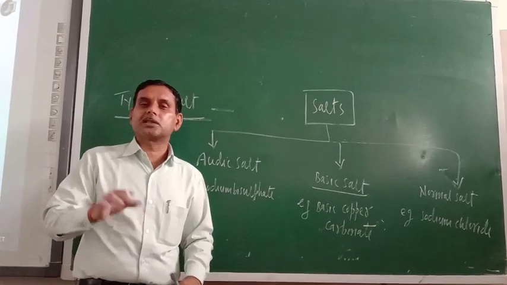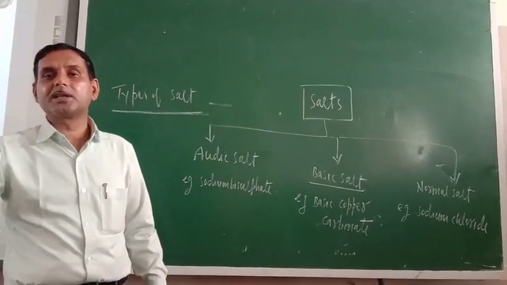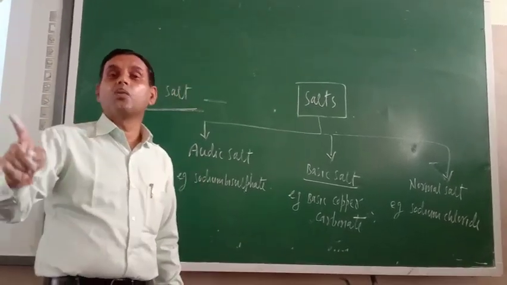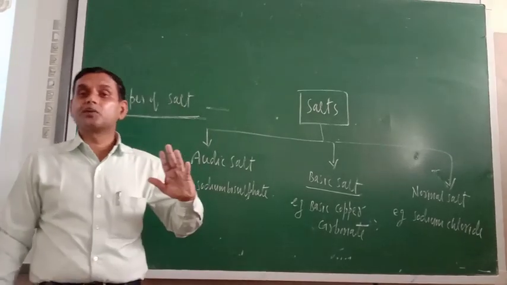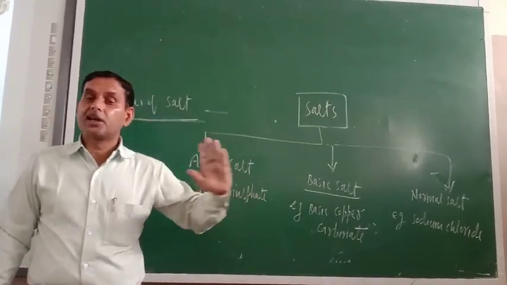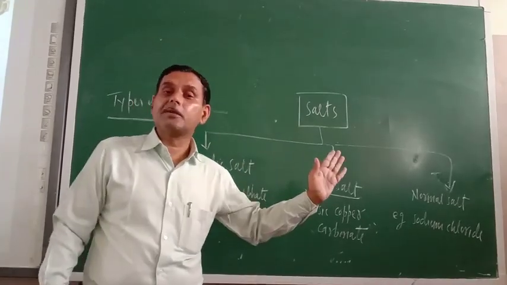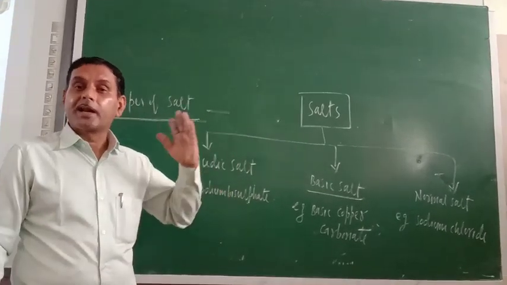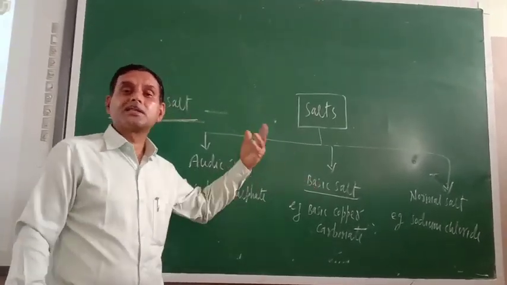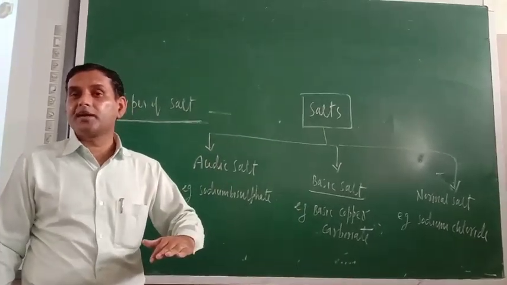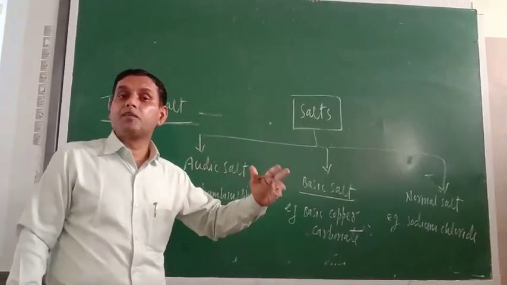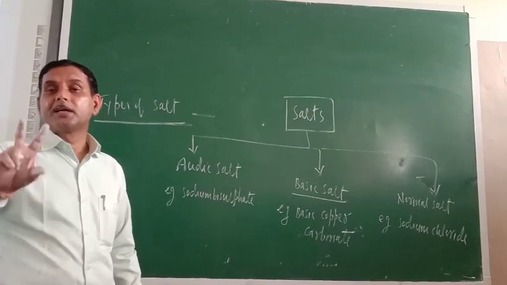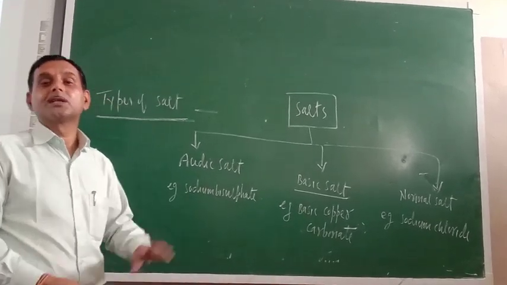So just see, salts are basically normal salt. Basically, they are the neutral substances. So methyl orange is the indicator which remains unchanged in salty medium. It produces orange color. Similarly, red litmus remains red in salty medium. Similarly, blue litmus remains blue in salty medium. So generally, different kinds of indicators do not indicate the formation of salt.